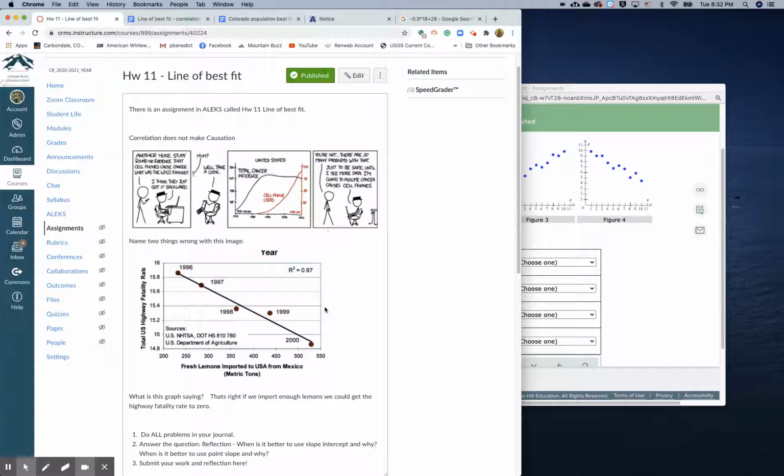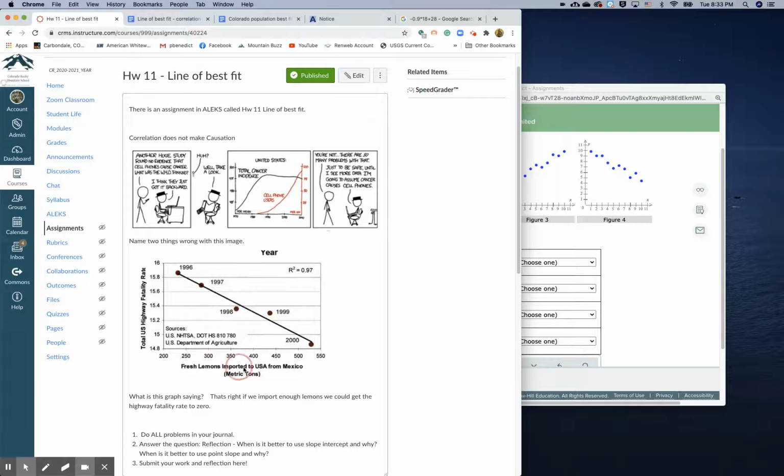All right, let's do some more rambling here about this idea of correlation, and that correlation does not make causation. So just because we graph two variables together and they come out looking kind of linear, that doesn't necessarily mean that there's causation. For example, looking at this right here, my two variables are fresh lemons imported